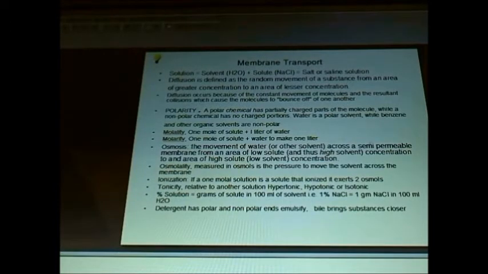The distilled water has no solute, by definition. The egg has all the albumin and the other protein solutes inside the egg's membrane. Therefore, if you put the egg in distilled water, water is going to move into the egg as much as